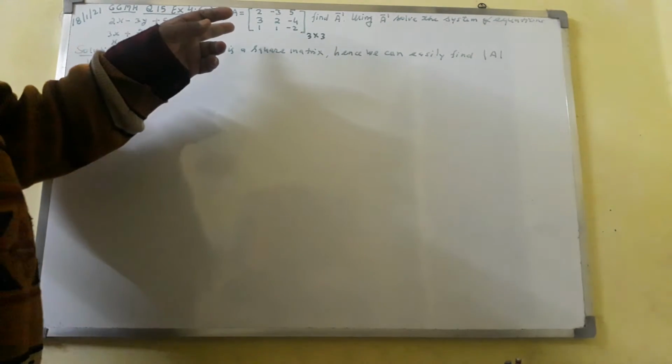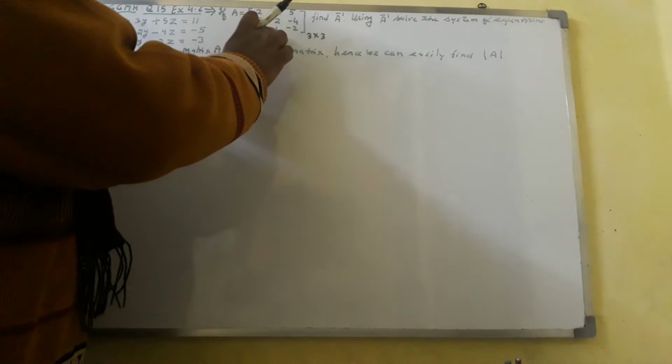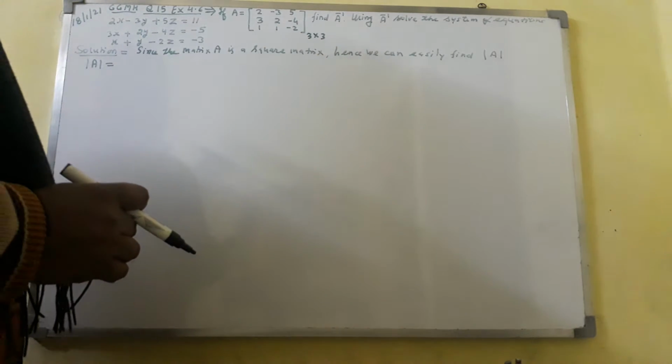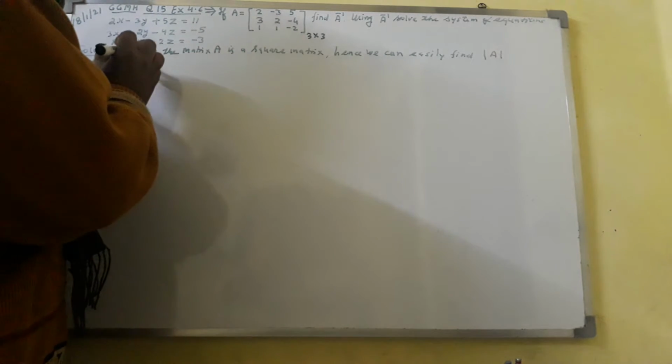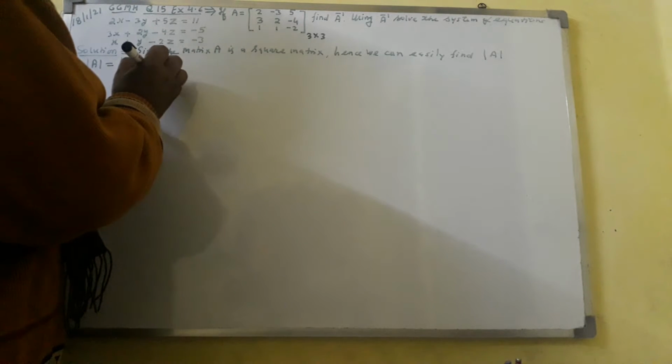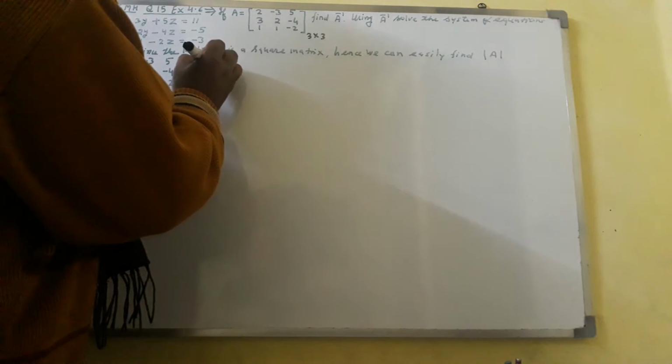Here you can see, since this matrix is a square matrix, you can easily find the determinant of matrix A. So here I shall write elements of first row 2, minus 3, 5; elements of second row 3, 2, minus 4; elements of third row 1, 1, minus 2. This implies determinant of matrix A equal to